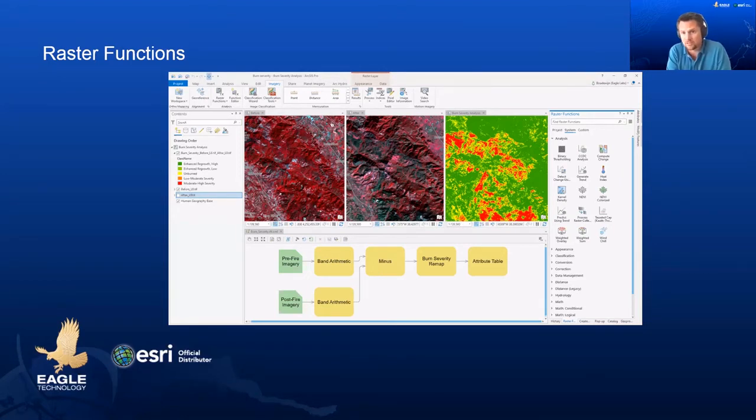So you can use this Raster function in ArcGIS Pro and ArcGIS Enterprise, and you can rerun it on different rasters. For example, you got a new burned area like we have now in Twisel. You can grab some before and after imagery, run the same model, and it will give you a severity burn outcome.